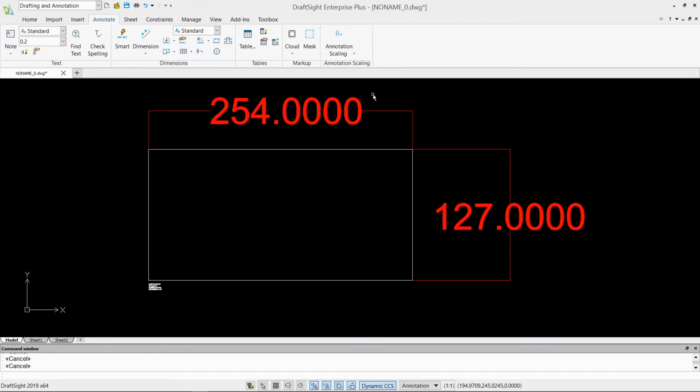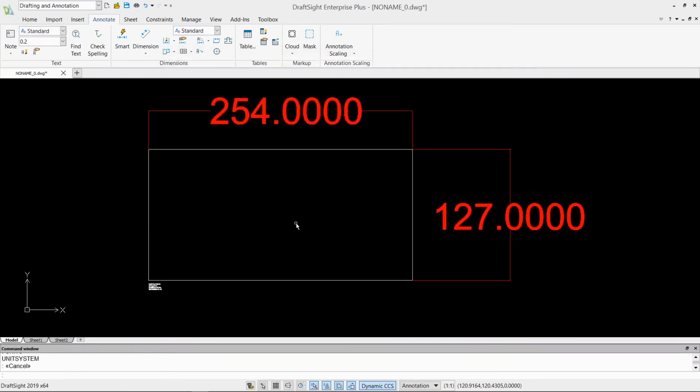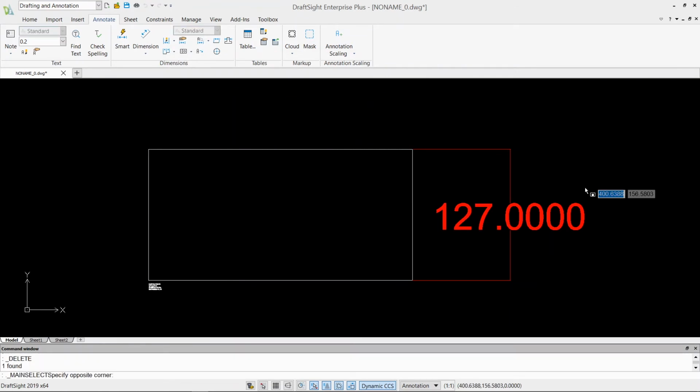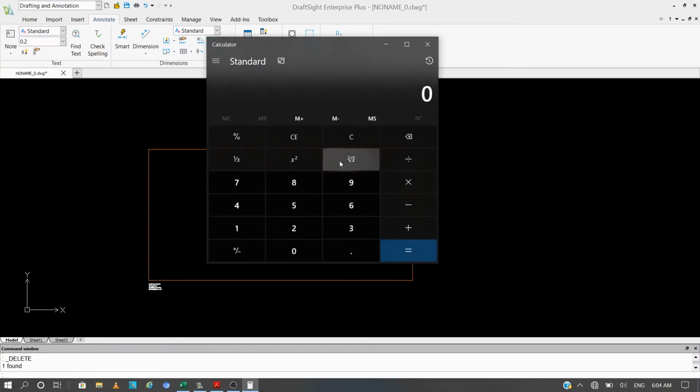Now the same thing, if we want to convert this back again to the inches, let's just go to the units again, and from millimeters let's just change our units to inches, and now we have to scale down our geometry. So let's just delete this and this. So now if I want to go back, what I have to do actually is I have to find my scale factor. So let's just do that. 1 divided by 25.4,